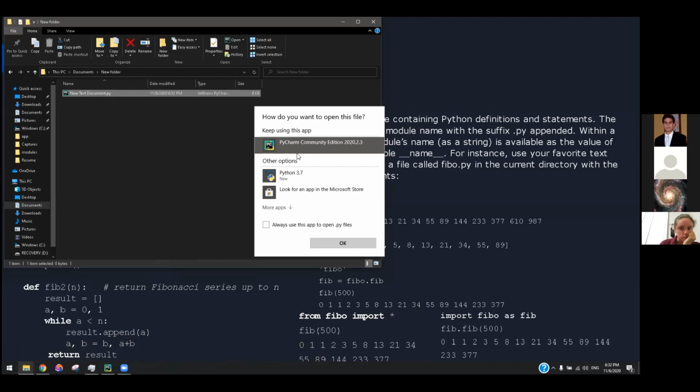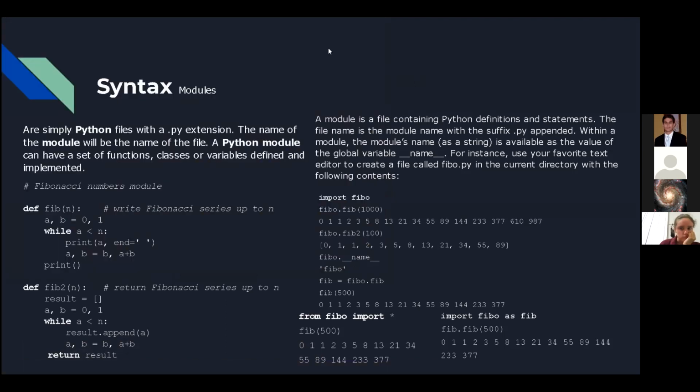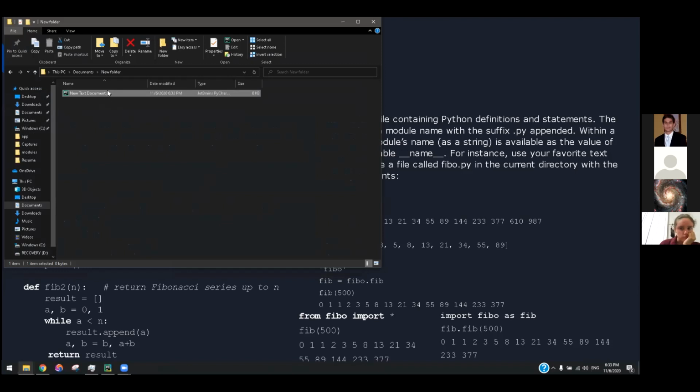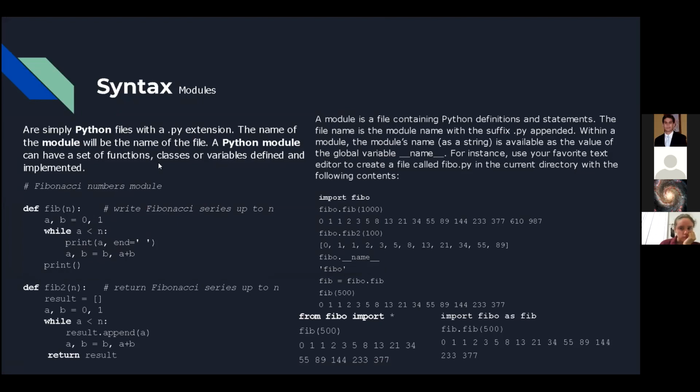Right now I have it with PyCharm, which is the IDE that we're going to be using right now. But let's just finish this. After you define these functions, as easy as you saw, you just change the extension, and that's your module in this case. You just put all of this in there, and on the project that you're trying to use it in, it has to be in the same folder, the same directory, or if not, you have to call it differently.